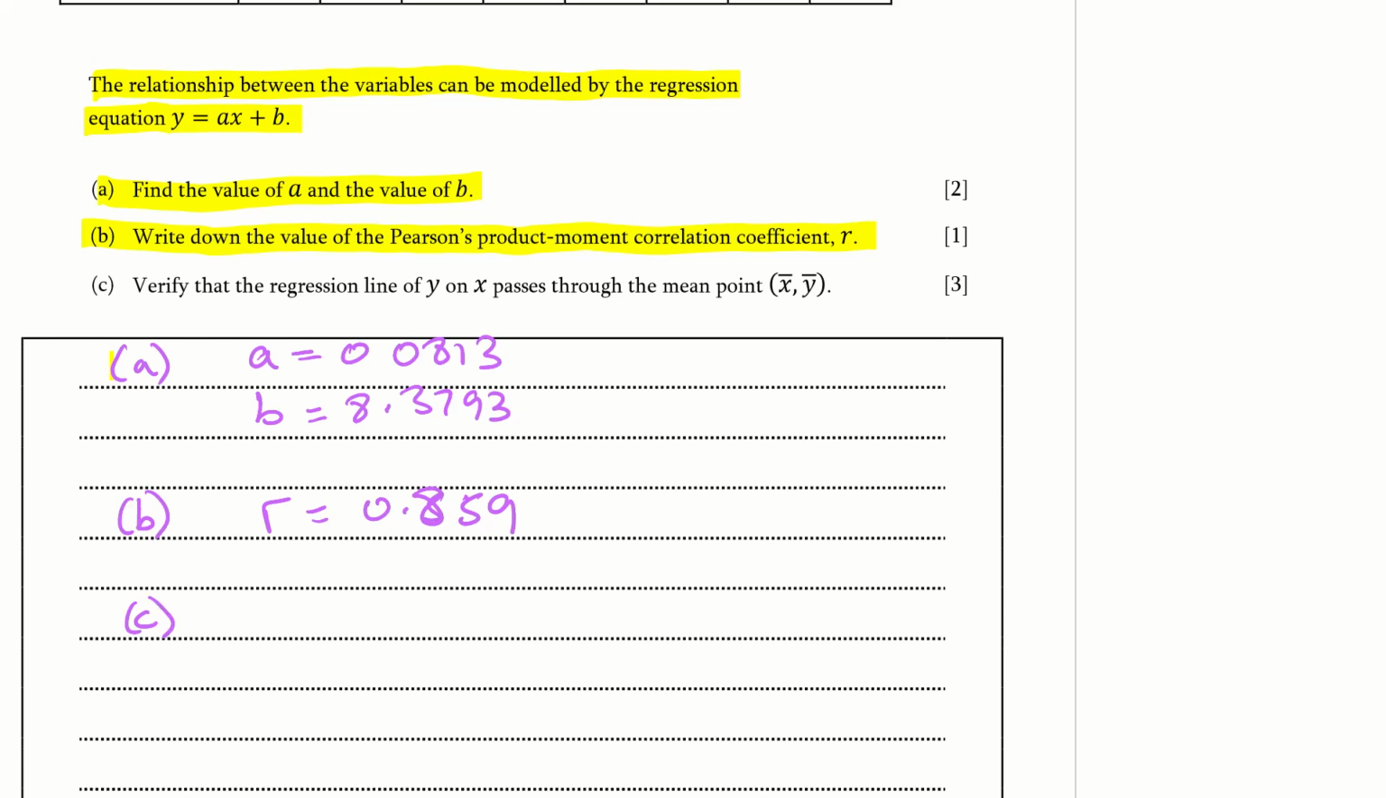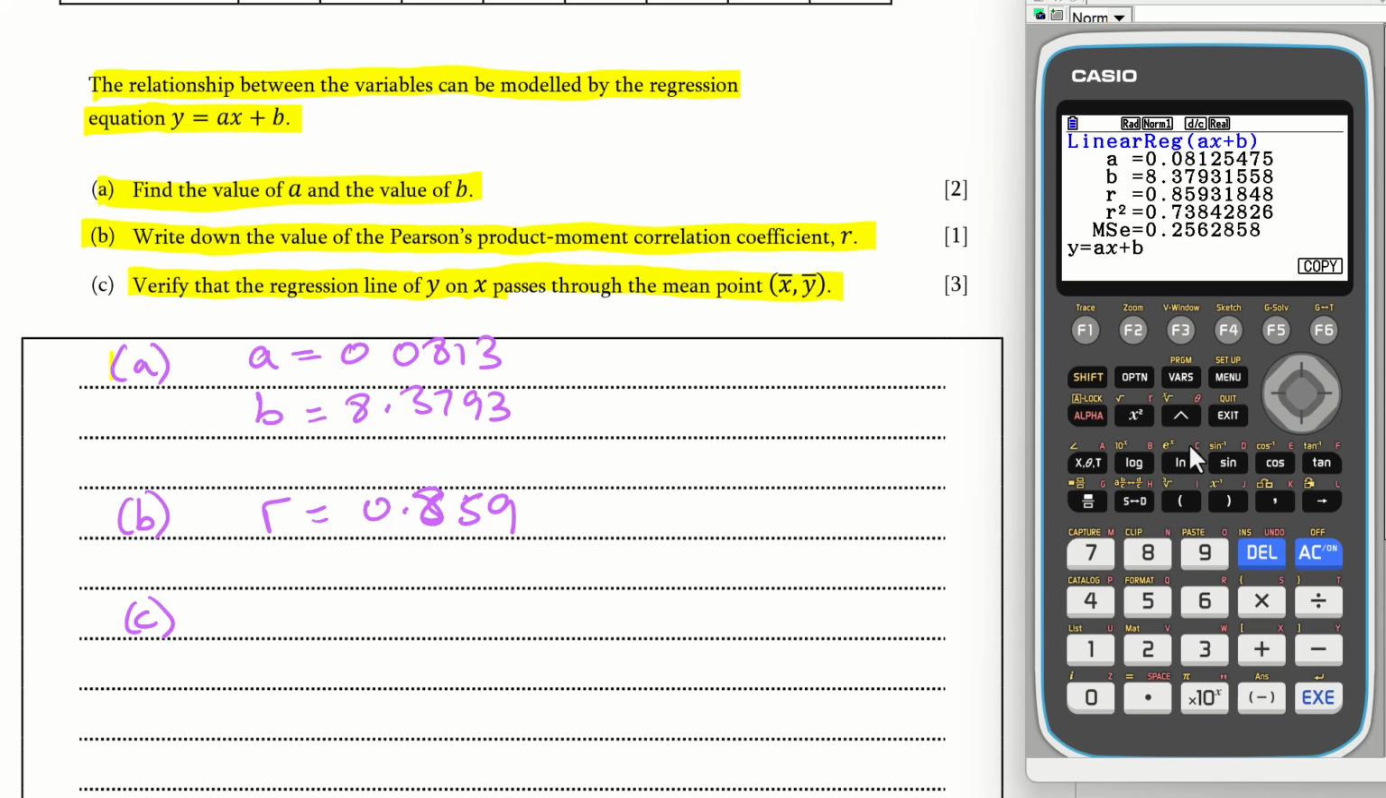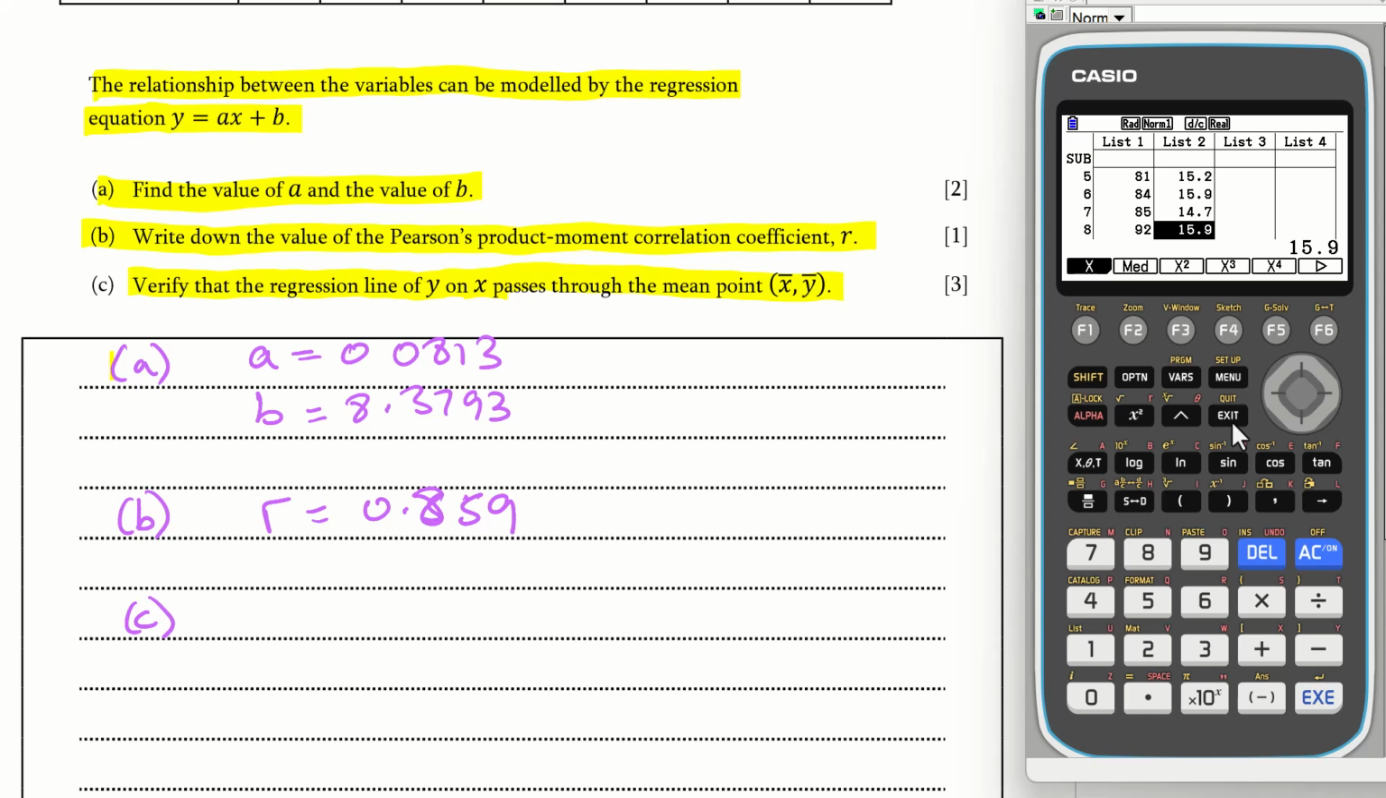And then in part C, we're asked to verify that the regression line y on x passes through the mean point x bar and y bar. So going back to the calculator and just exit there and exit again, we can go to two variable stats, and we can see the x bar value is just there, 78.25. And then if we go down a bit, we'll get the y bar value. There it is,